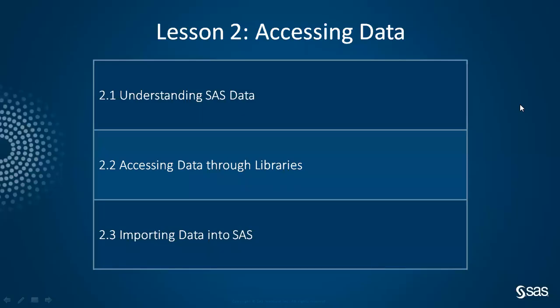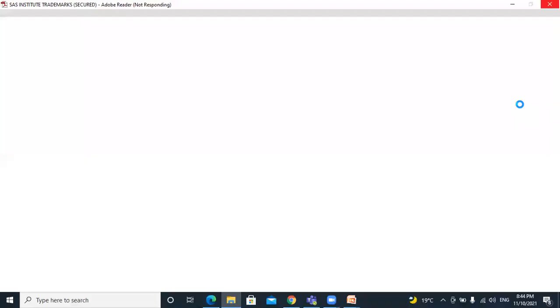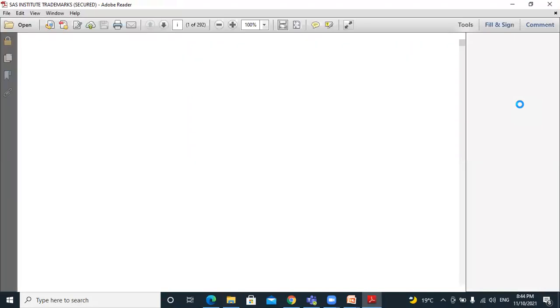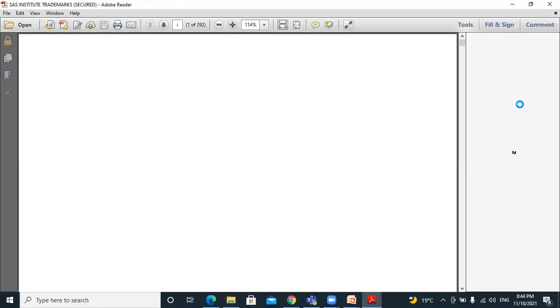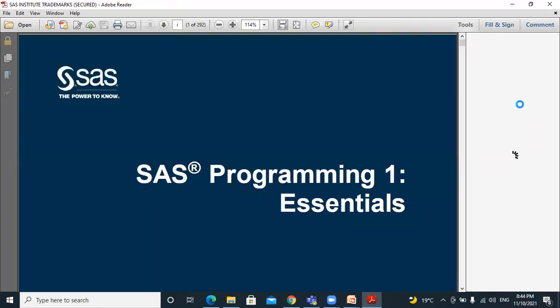We saw in lesson 1 that SAS programming comprises two steps, mostly the data step and the proc step. All our SAS coding is going to resolve to these two steps. All the concepts of programming we will learn through the data and proc steps.